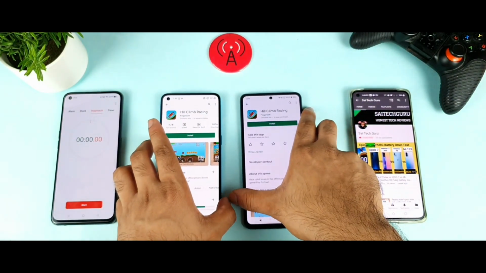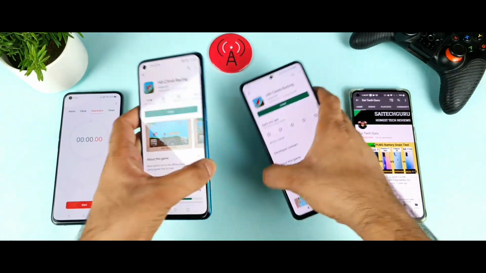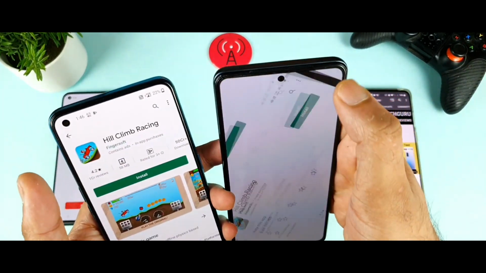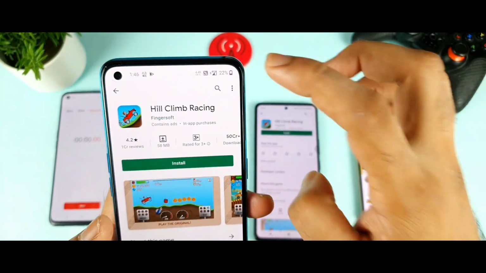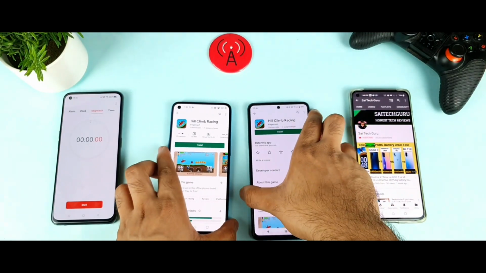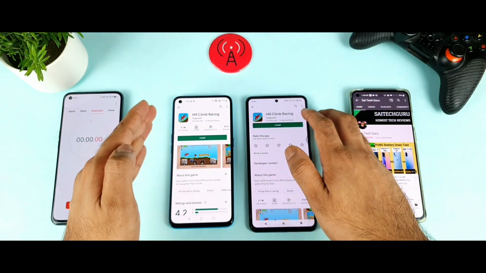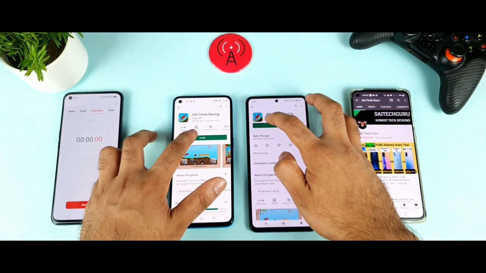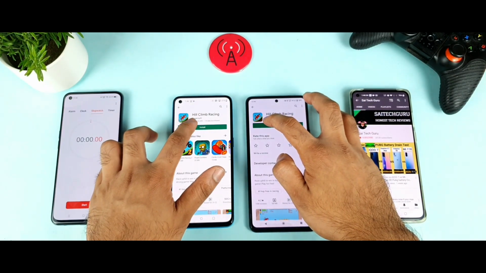Let me click at the same time, and let me enable the real-time internet meter on top of the OnePlus device, so we can actually discuss the speeds as well. Now we can see the speeds clearly. Let's get started, friends. Let's see which phone will be the winner. I am very curious to see 4G plus or normal 4G. One, two, sorry, I clicked first, sorry for that. One, two, three.